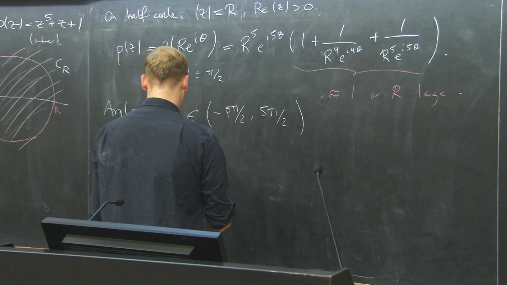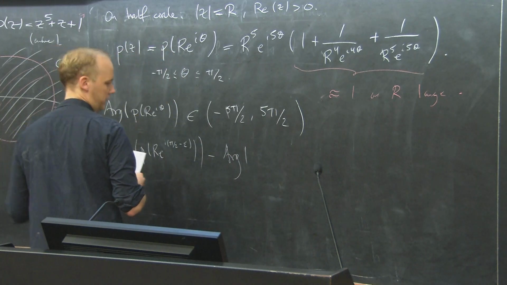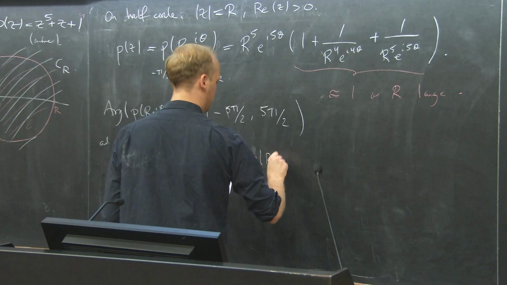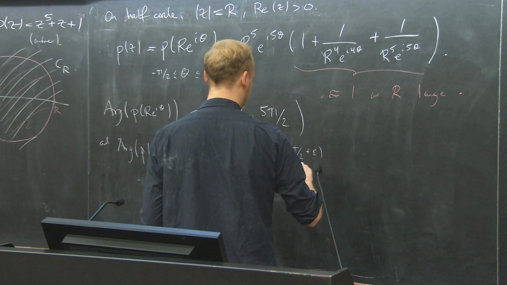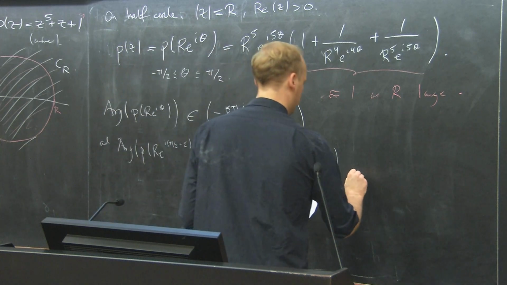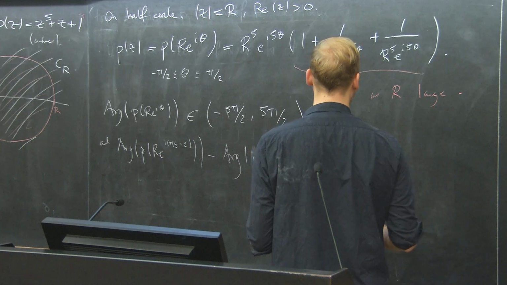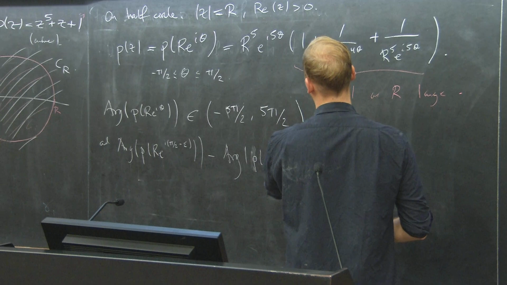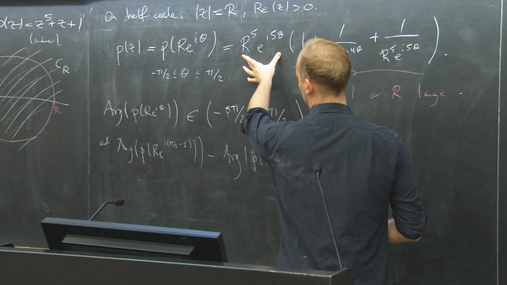Okay. And I wanted to compare this with what happens to a point that's very close here. So this would be P of Ri minus pi half plus epsilon. Okay. And this would be, just again, very hand wavy, right? So it would be roughly 5 pi. So I don't write down anything precise about this approximation. Okay. I'm just saying that as R becomes very large, we can all see that it behaves roughly like this,